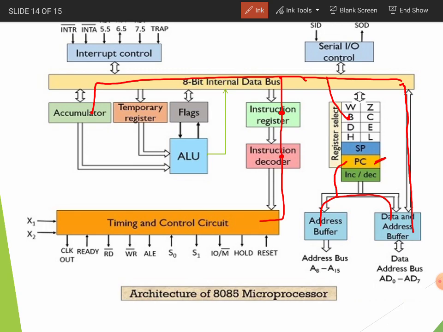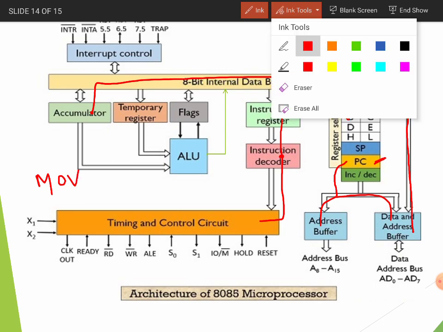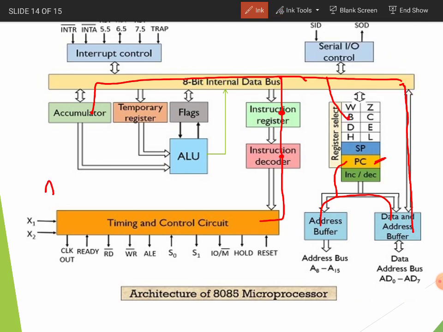Because we have taken the example ADD B, one of the operands is in the accumulator register and the second operand is in the B register.